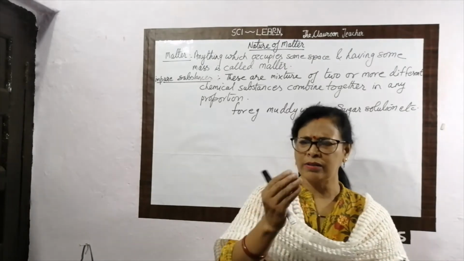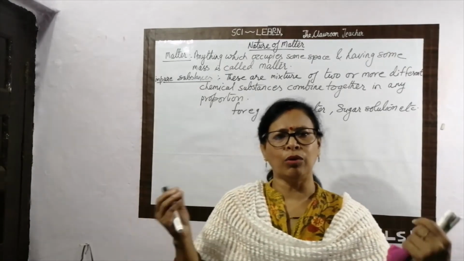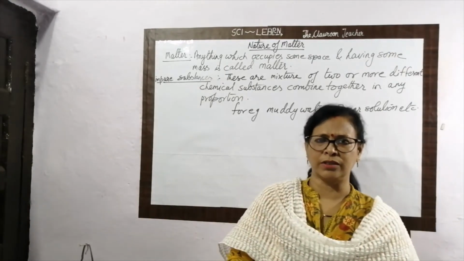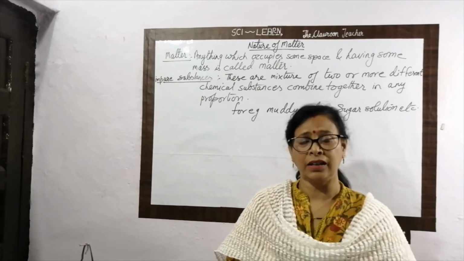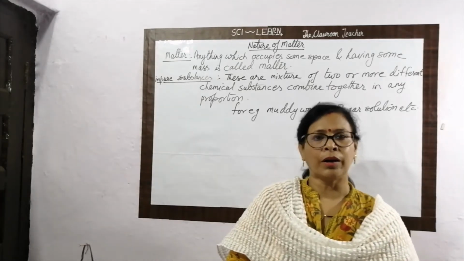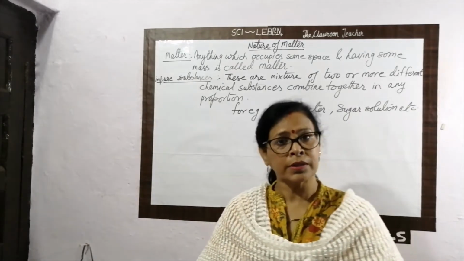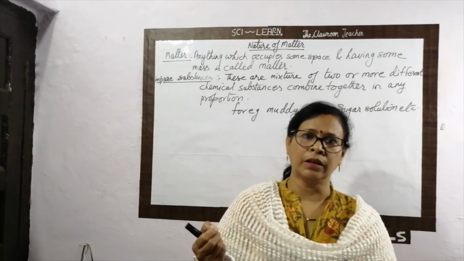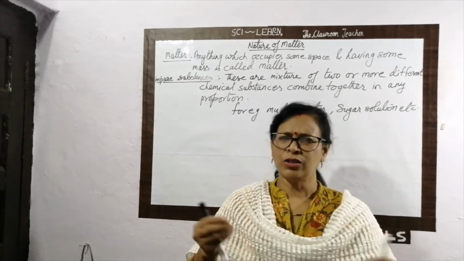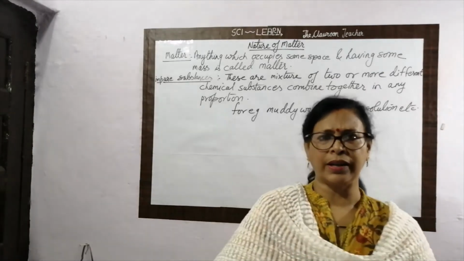If you don't have much sweet interest, you put a little less. Or simply make tea at home. What happens in the tea? You add lots of things. You take the water, then add milk, then the tea leaves, then the sugar. In this condition of corona or COVID time, you add a little ginger, then the tulsi leaf, then black pepper, and lots of things, cinnamon, everything you put in that tea.